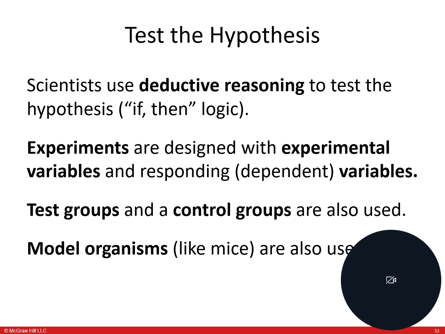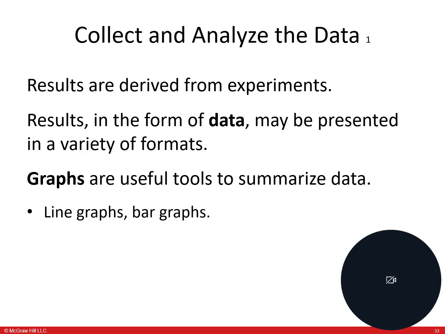So model organisms, those are what are used in our experiment to test the hypotheses. Mice is a very common one we use, of course, in the medical world, but they could be anything. They could be insects or people. There are human trials for things, right? But anything that's participating in a trial, whether signed up voluntarily or not, are model organisms.